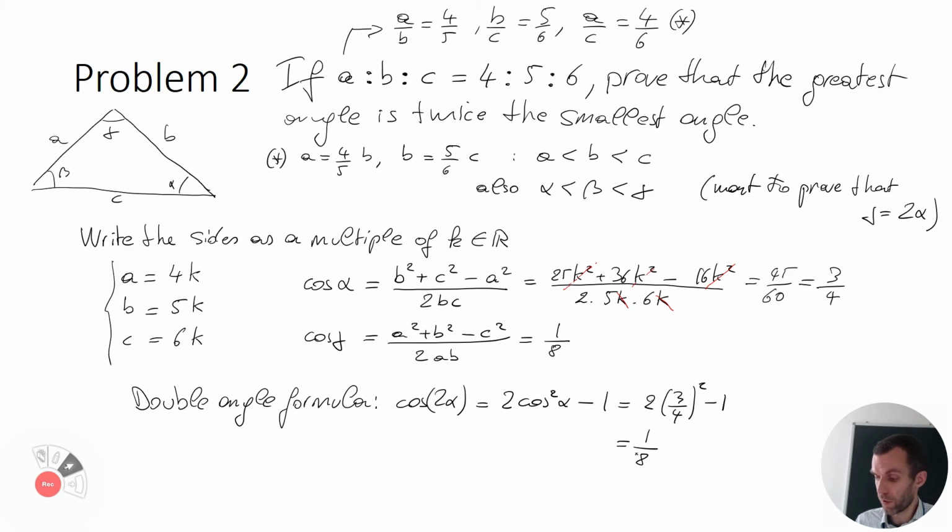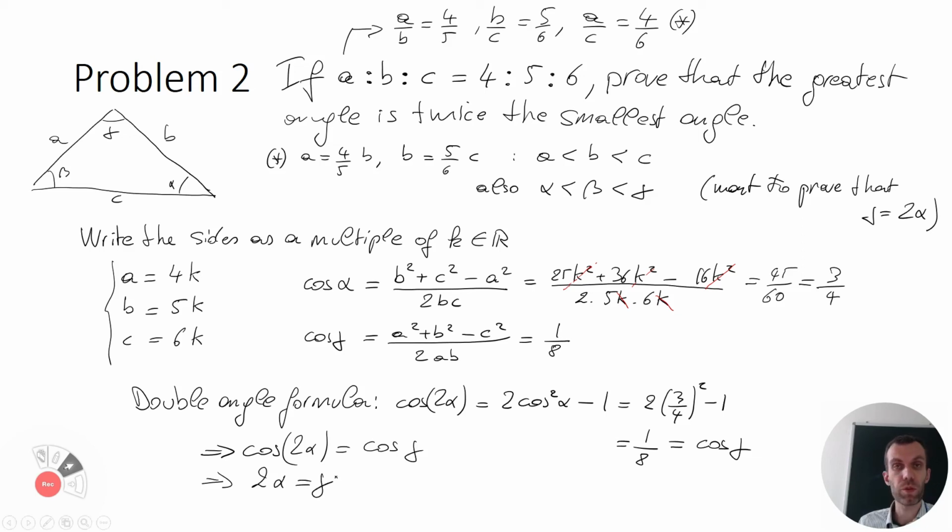And hey, this is looking pretty good now, because 1 over 8 here, and 1 over 8 that we just calculated is cosine gamma. So we end up with that this whole expression is cosine gamma. So what can we conclude from that? Well, cosine 2 alpha is cosine gamma, and as a result 2 alpha is equal to gamma, and that's precisely what we wanted to